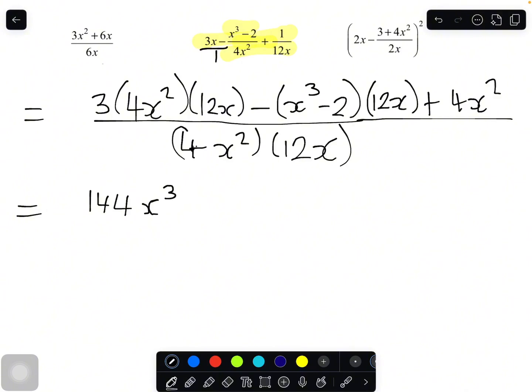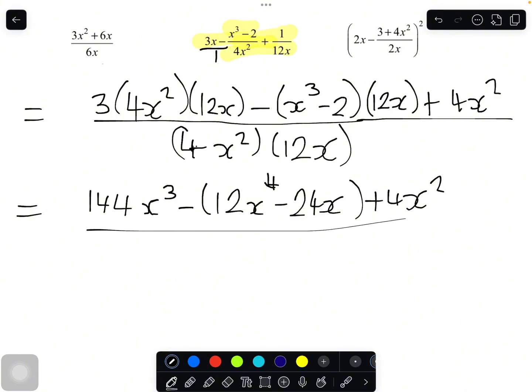And I'm going to have minus, open brackets, 12x to the power 4, minus 24x, plus 4x squared, all over